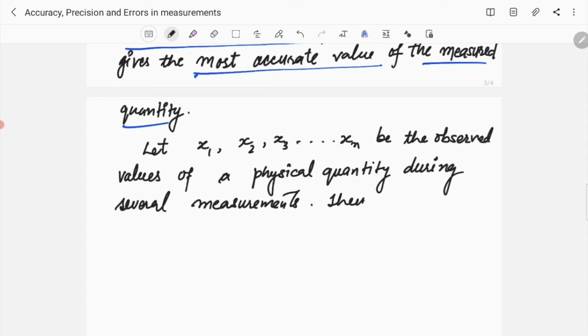Thus, the most accurate value of the physical quantity is given as